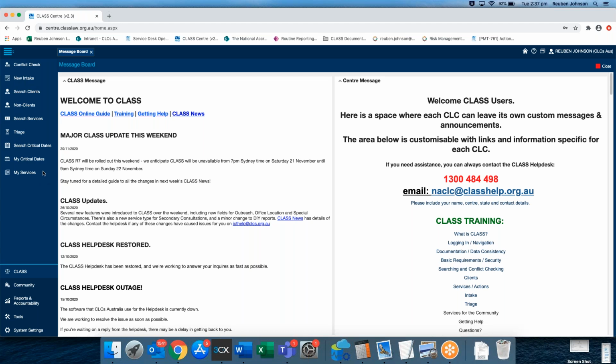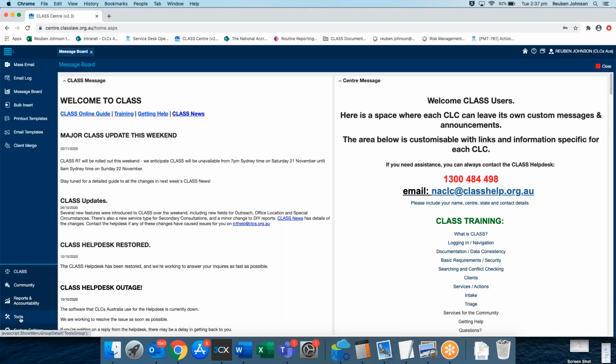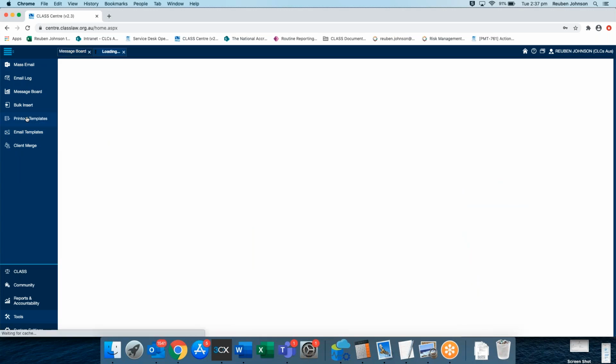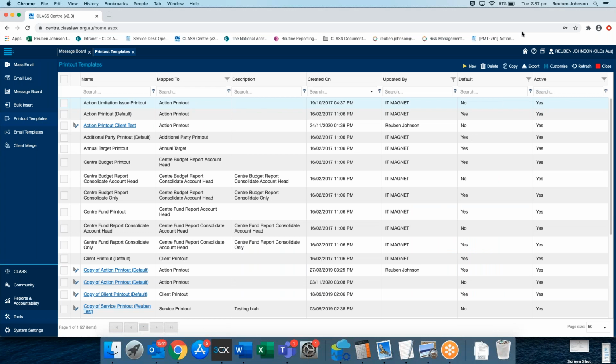To access the custom templates, that's under the tools section of CLASS in the bottom left-hand side. Anyone who's on this session who doesn't have access to tools, you may not have the right level of access in CLASS. In that case, you might have to speak to your CLASS administrator to be able to get that access. So I think typically you need to be either a CLASS administrator or an advanced administrator to see this section of CLASS. And it's under printout templates underneath tools. So what you can see here is